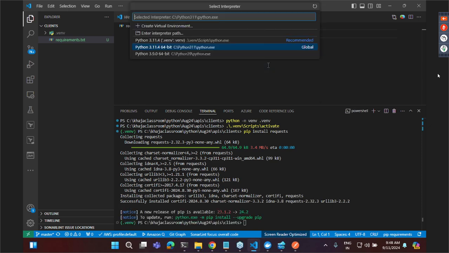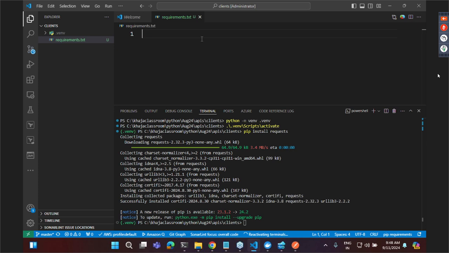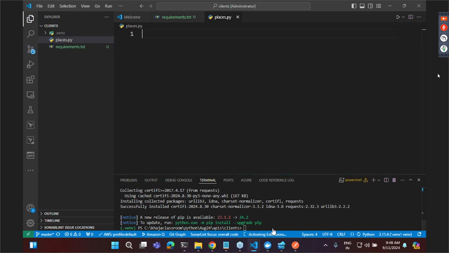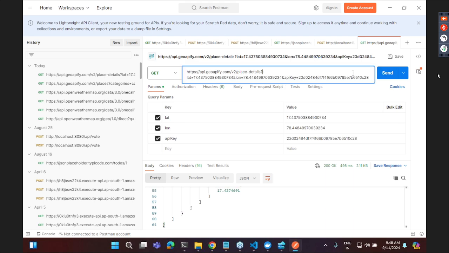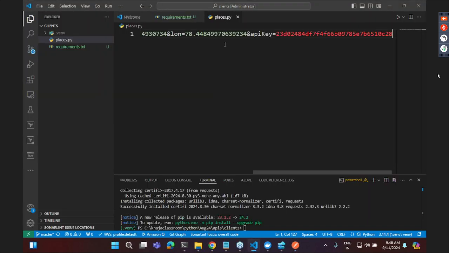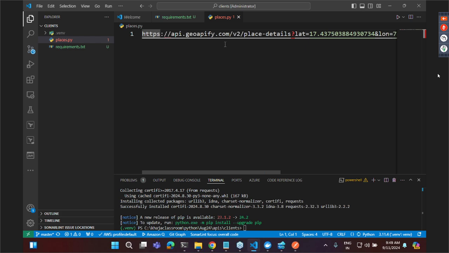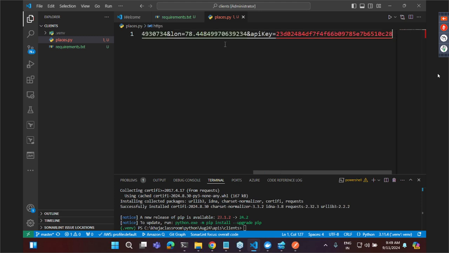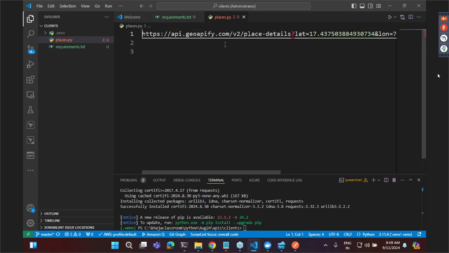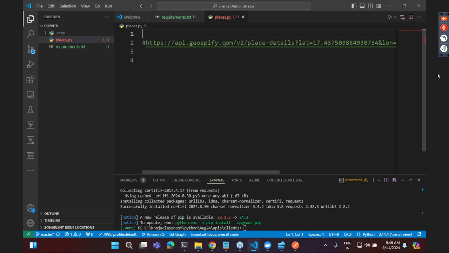Right, let me select the interpreter, which is this, and let me call the file places.py. Okay, sir. So let me copy the URL, whatever I copied first. But writing the URL like this is not a good idea. So for that reason, let me create something called base underscore URL